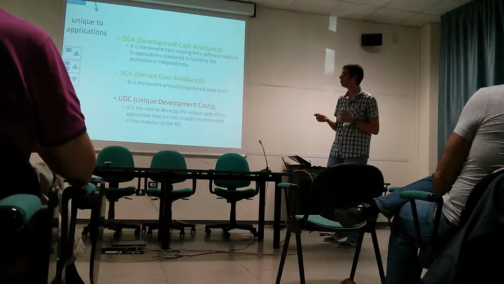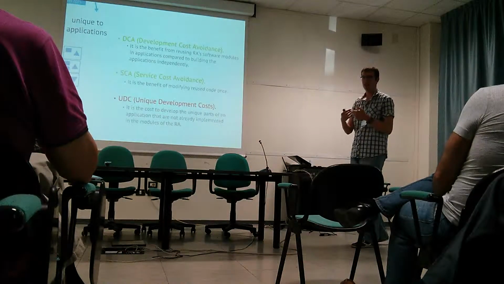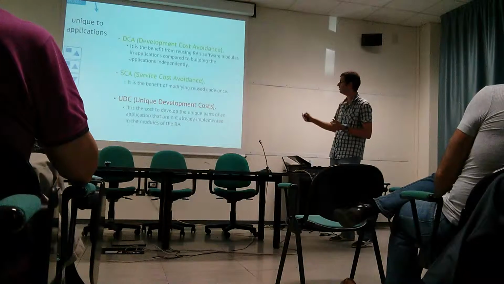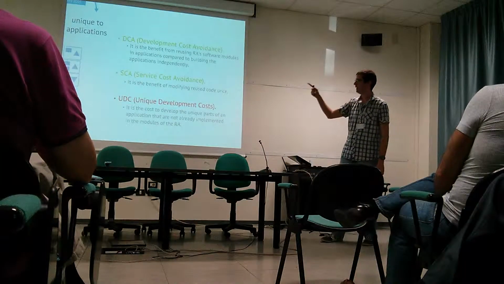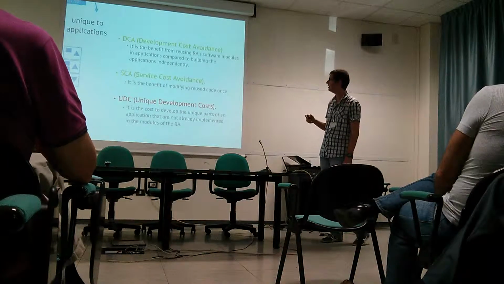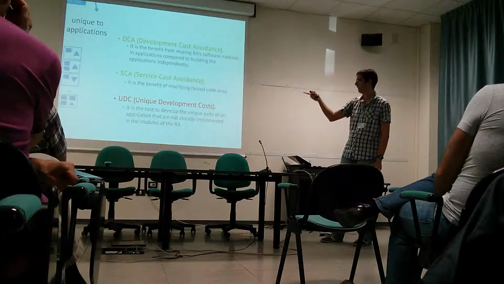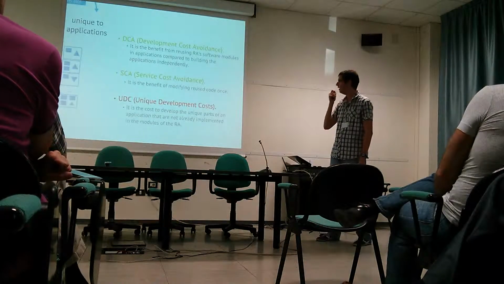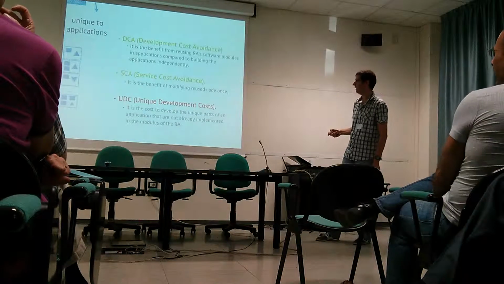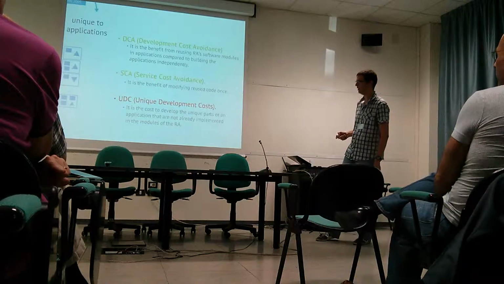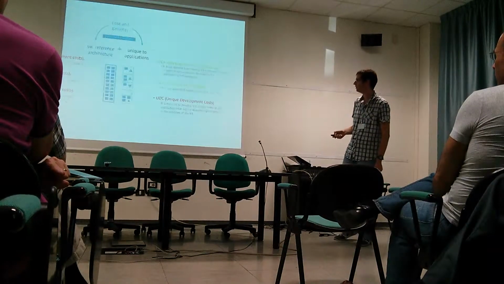So this would be a reuse module, and this is the unique functionality or unique code of the application. So we have 2 benefits that are the cost avoidance of developing a module from the reference architecture, and the maintenance cost avoidance of reusing the module, since this is done in the left part, and then the unique cost of developing the own functionality of the application.